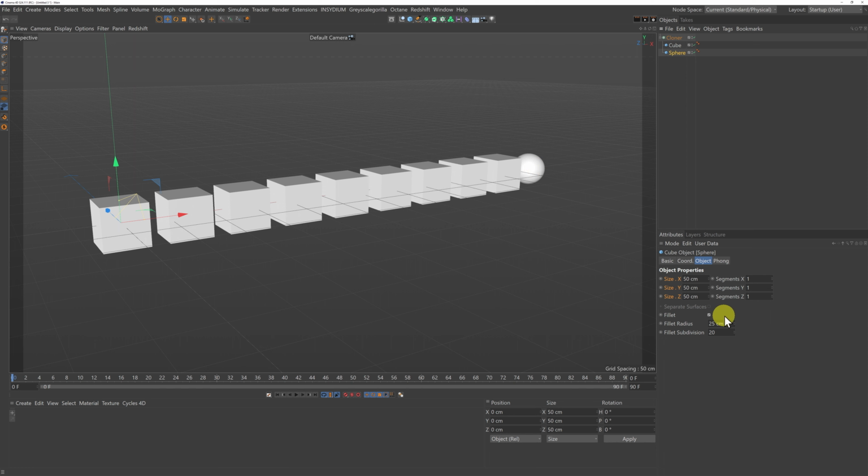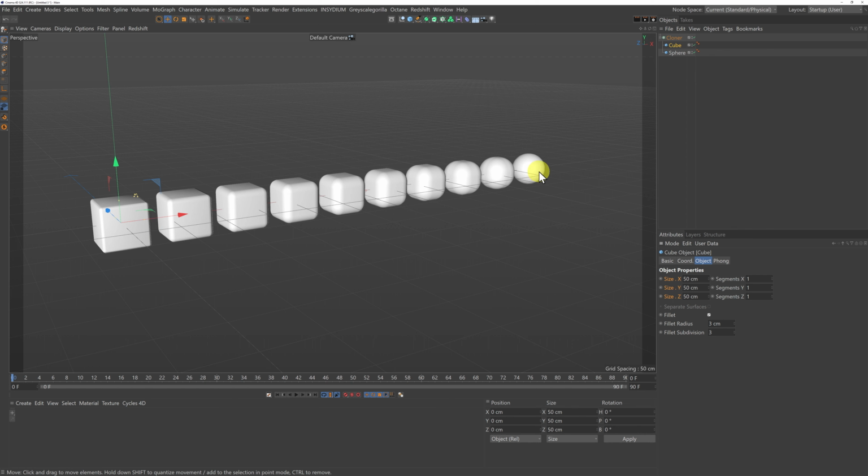If we look in the attributes for this sphere, the fillet is selected, and if we look at the cube, the fillet isn't selected. So the cloner still isn't recognizing that these are two objects that have the same base geometry. So what we need to do is switch on the fillet,